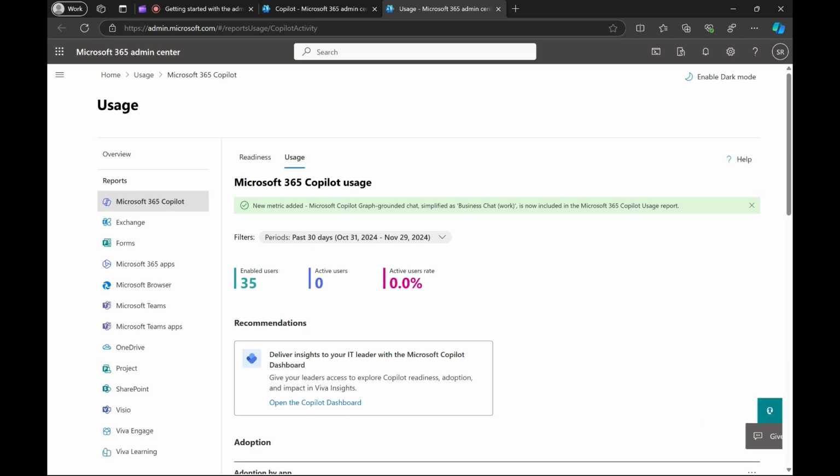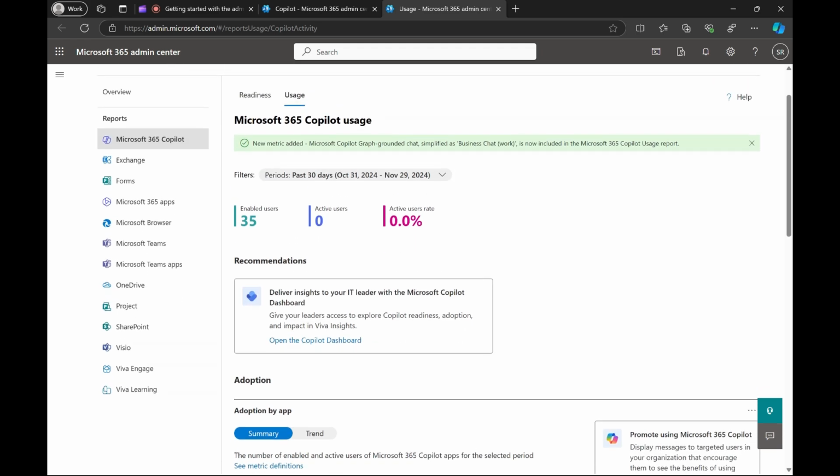All right, you have readiness and you have usage. So, here, as you can see, I have my enabled users, I have my active users, I have my active user rate, which is 0%, and I can select this drop down and I can change between 7, 30, 90,